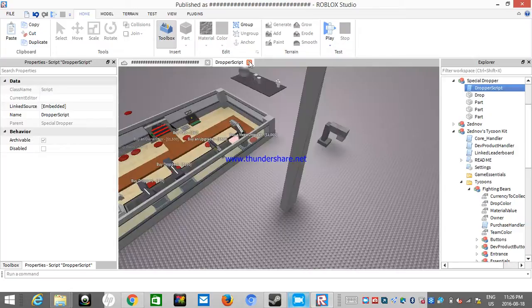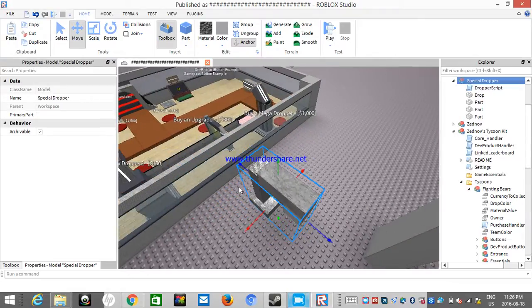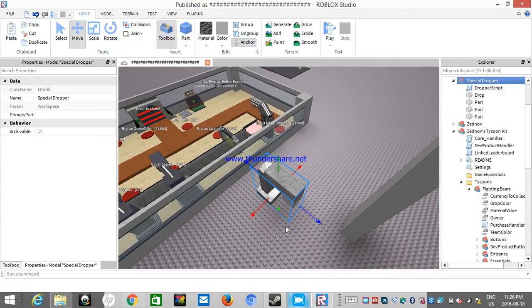Go in there. Control C or Command C. Go here. Hit this. Go into drop. I'll go into Special Dropper. And Control Shift V. Sorry, got it wrong. And then this should start dropping. So if I quickly click